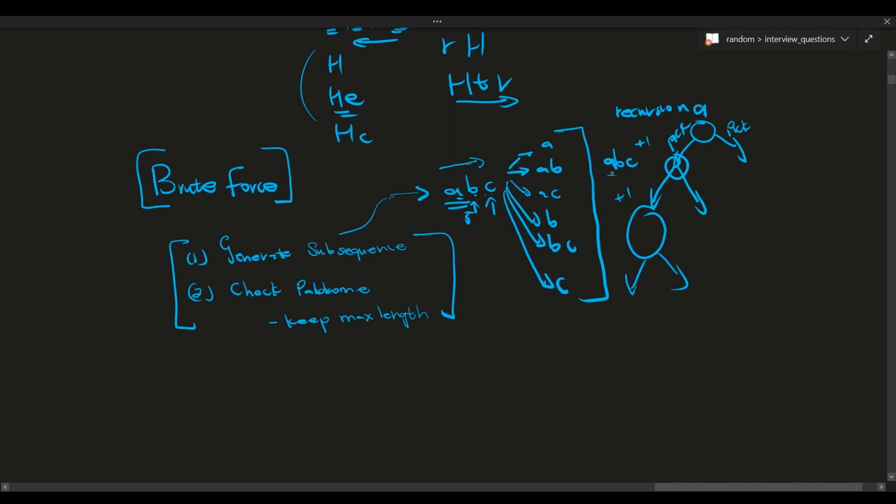Then your string will be ABC, right? So that's one. You generated a subsequence. That's valid, right? But let's say you didn't pick C. That means you're gonna have AB. That's where your length ends. So you're gonna add AB. That's still fine,